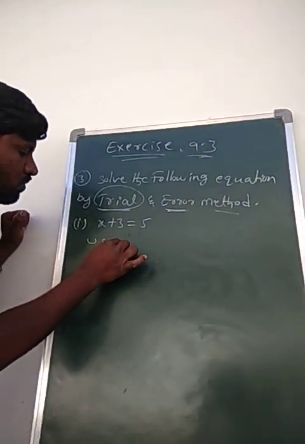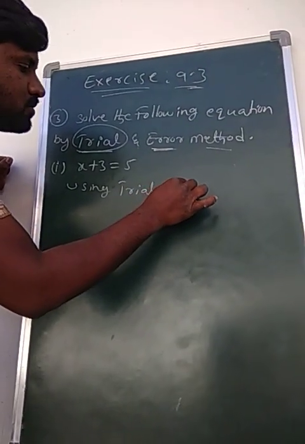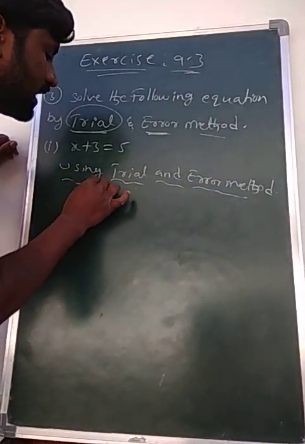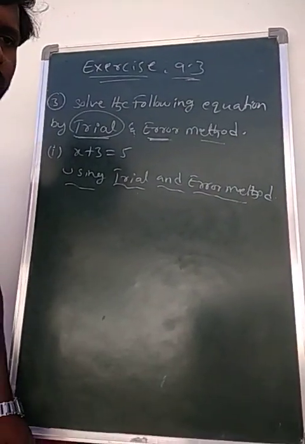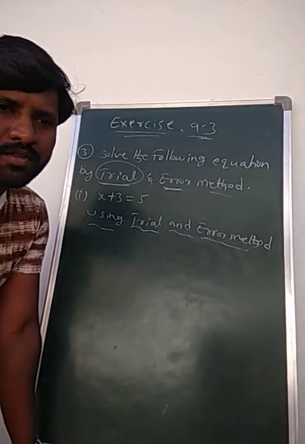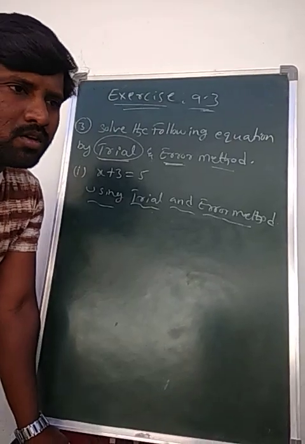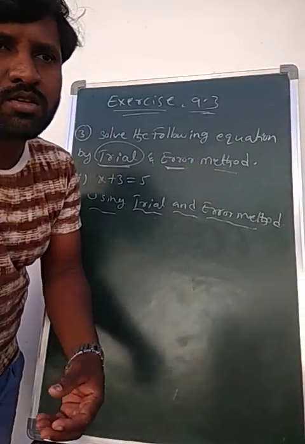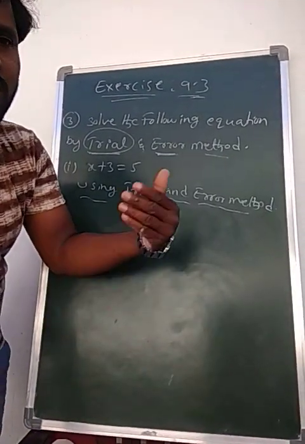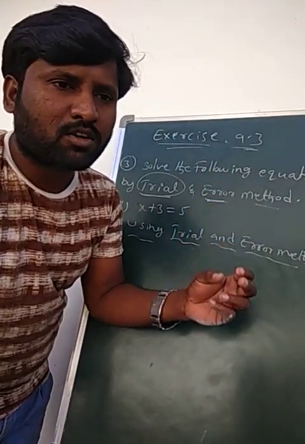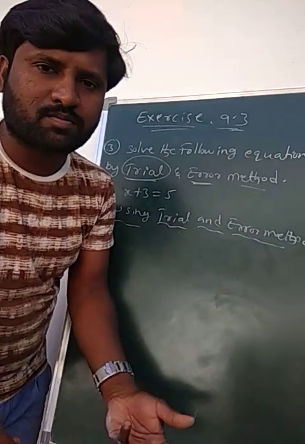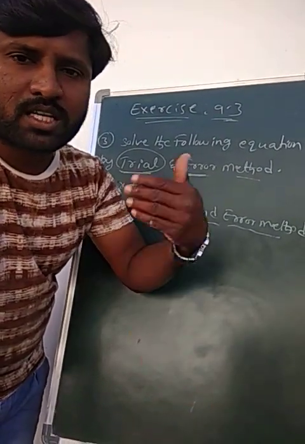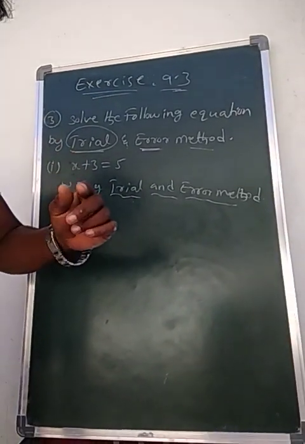You know trial and error method means, for example, if you visit any shopping mall and want a particular shirt, then what happens? You try to wear the shirt to see if it fits you perfectly or not. If it is not adjusted, then you go for the next one. We see the trial room in the shop. If you want to buy a shirt, we try it to see whether it fits. If it is suitable, then we can take it, otherwise you go for the next one. Yes or no? Like that only, here also, in the place of x, that is the variable, the value will be changed.